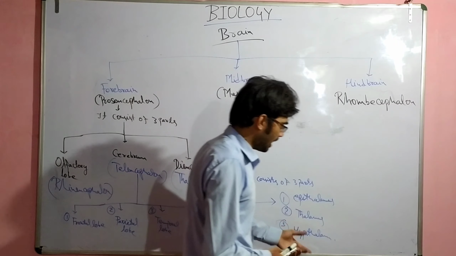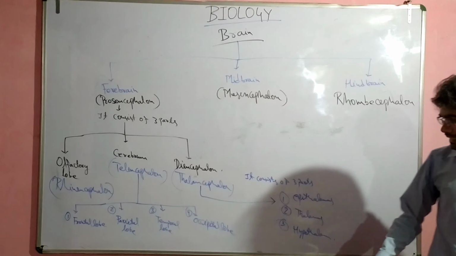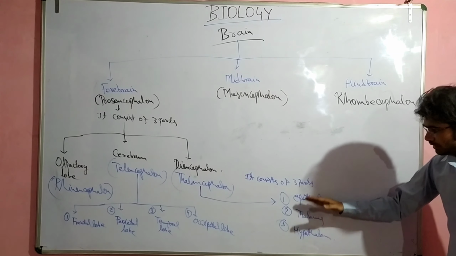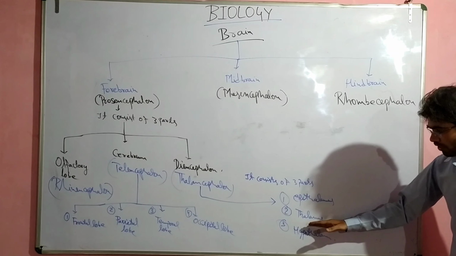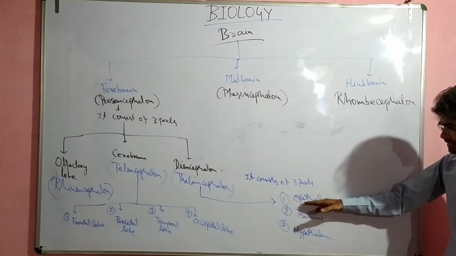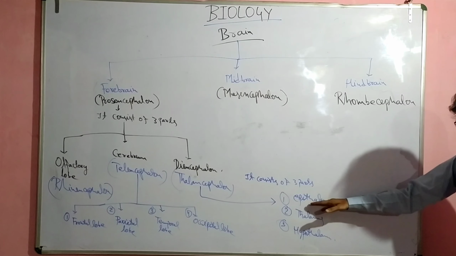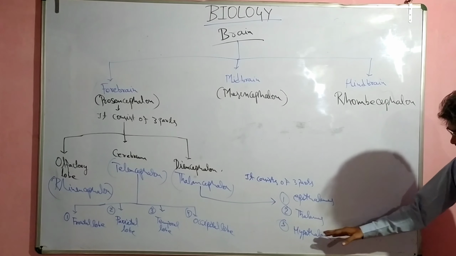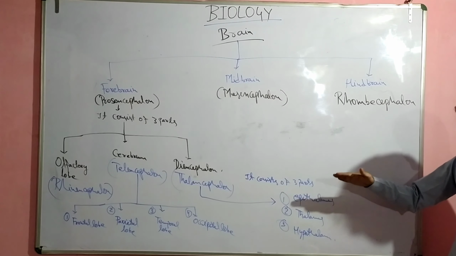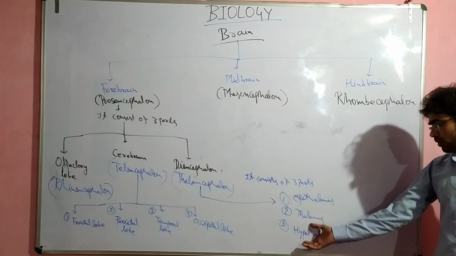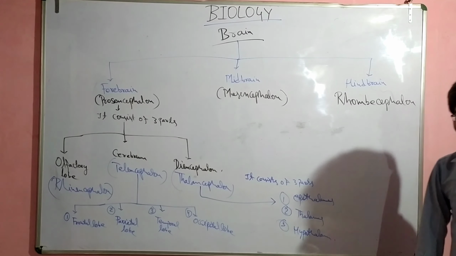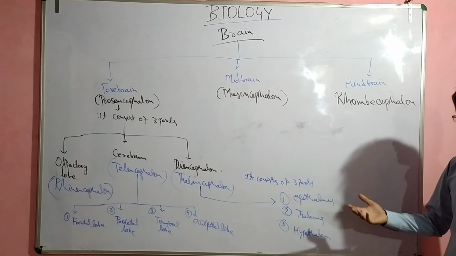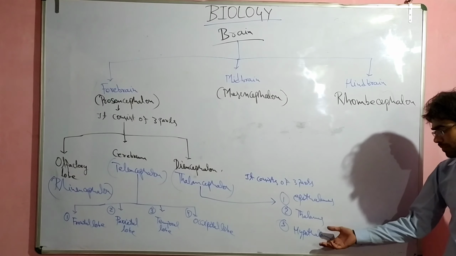Now come to the hypothalamus. The hypothalamus is the floor of the diencephalon, and the epithalamus is the roof. The thalamus lies at the sides, and the hypothalamus acts as the floor. It is also an endocrine gland, and it is the master endocrine gland, that is to say the pituitary. Its main function is